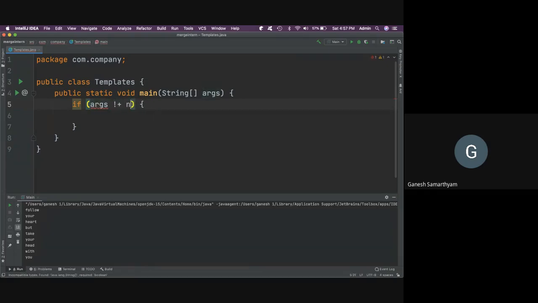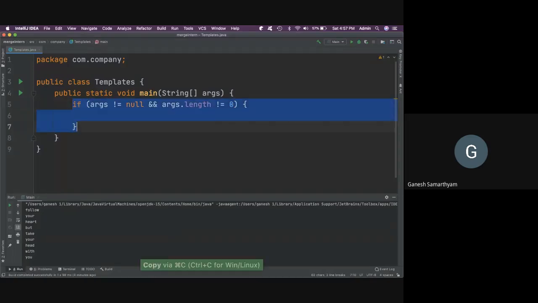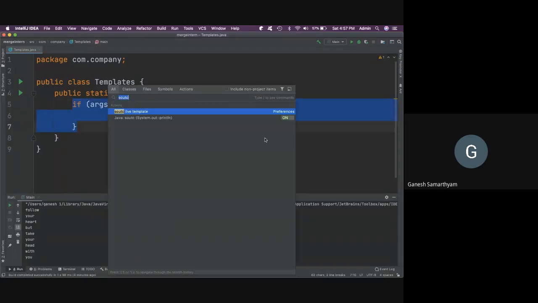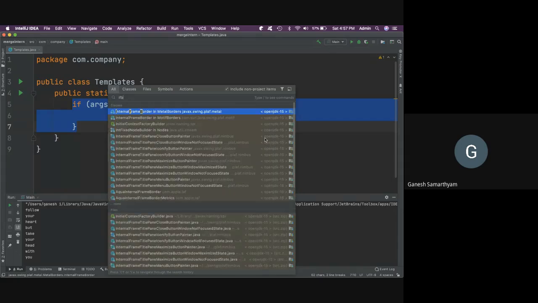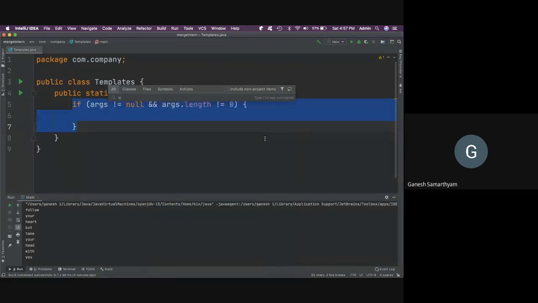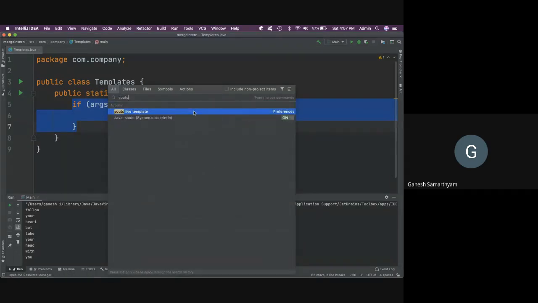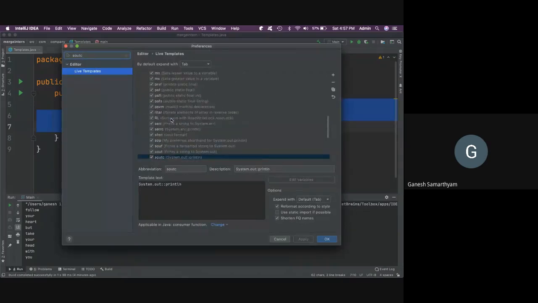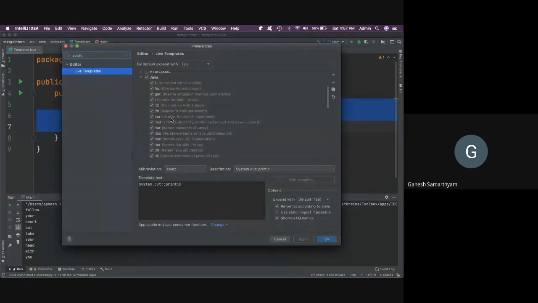Args is not equal to null, and args dot length is not equal to 0, right? Let's say this is what we want to do. That actually we can also do as a live template. So ifb, that is it. Let's go to live templates. Let's modify this if null check into something else.